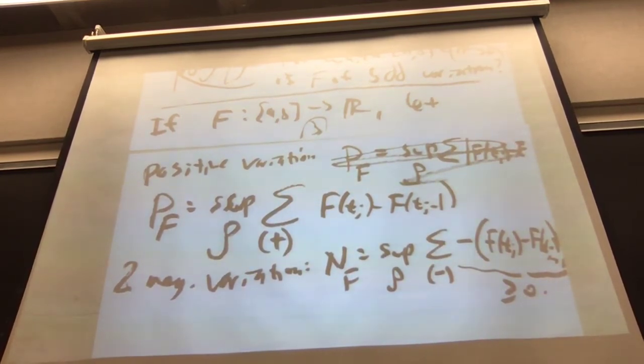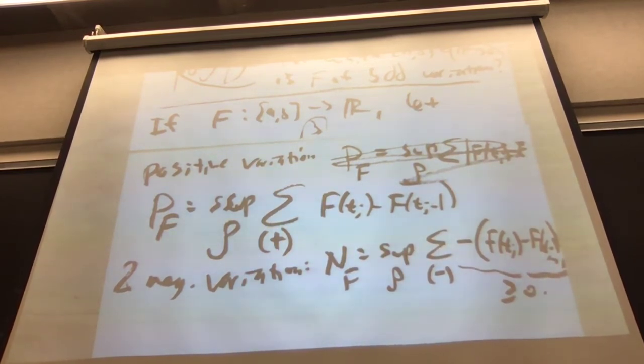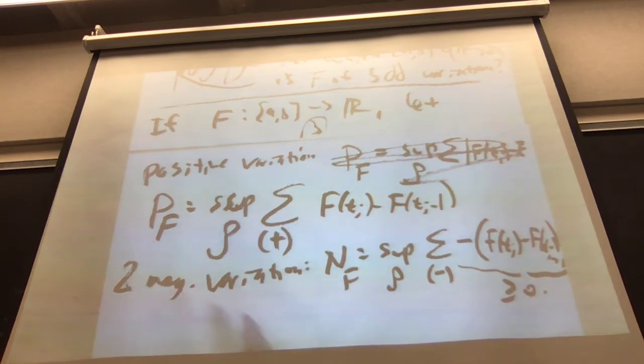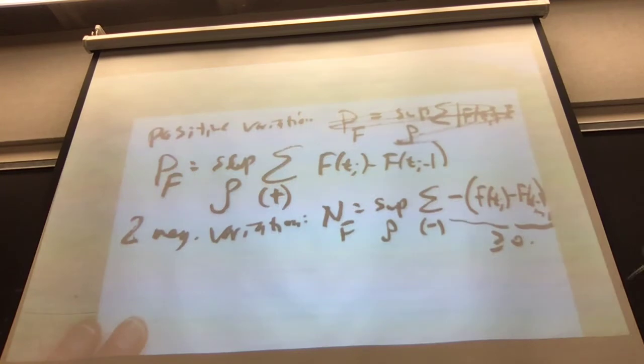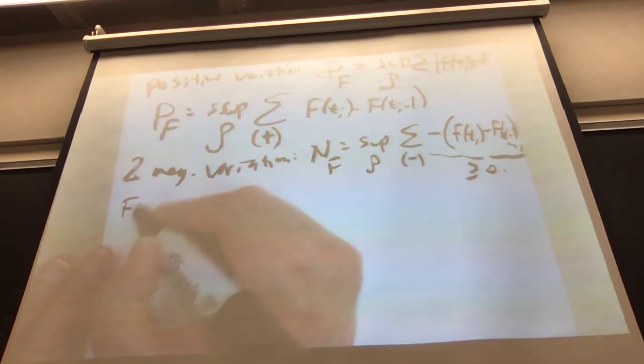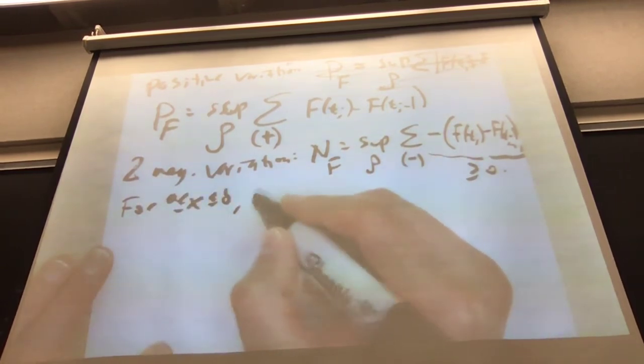Okay, does that make sense? So the positive variation, the negative variation, and now let's do something a little bit more involved. It's not that much more involved. For x between a and b, write PF of a to x